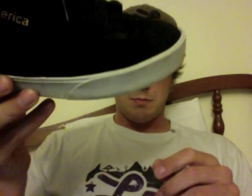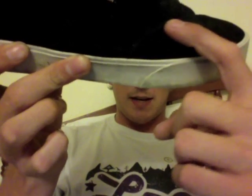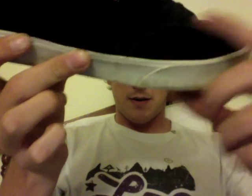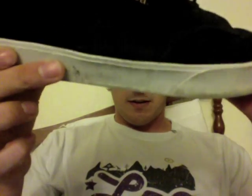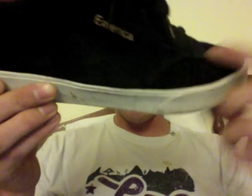This shoe is also, it's really hard to see because this shoe is black, but if you can see any stitches, I doubt you guys can though, but you can see my finger kind of runs along something. That's actually a swept back side panel, so that way you get a better Ollie clearance. If you go to another website like the Emerica website or CCS, you can see what I'm talking about. It's just really hard. Again, it's nighttime and my shoe is black. But swept back Ollie panel makes it a lot easier to have clearance for your Ollies, so that way you don't just blow out the shoe. It is triple stitched, and